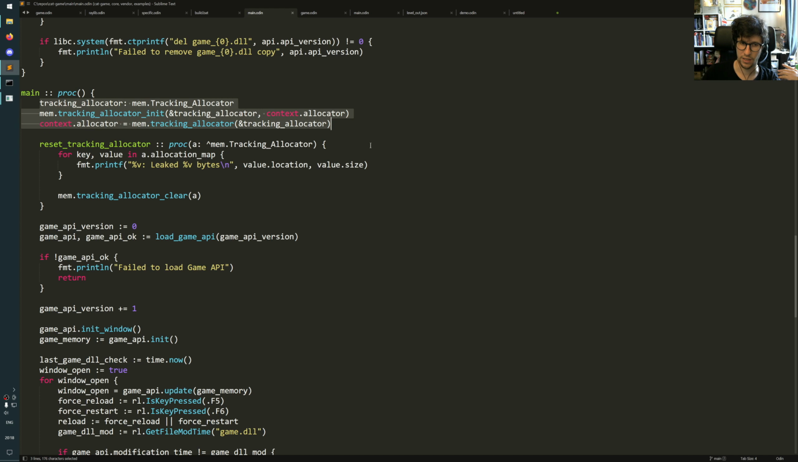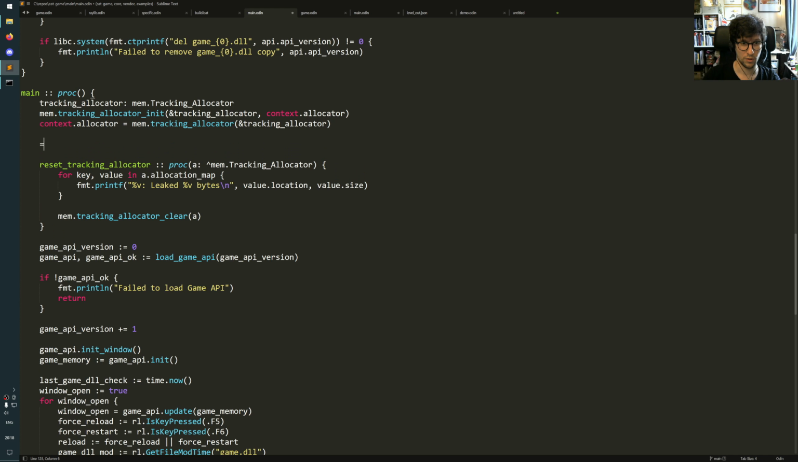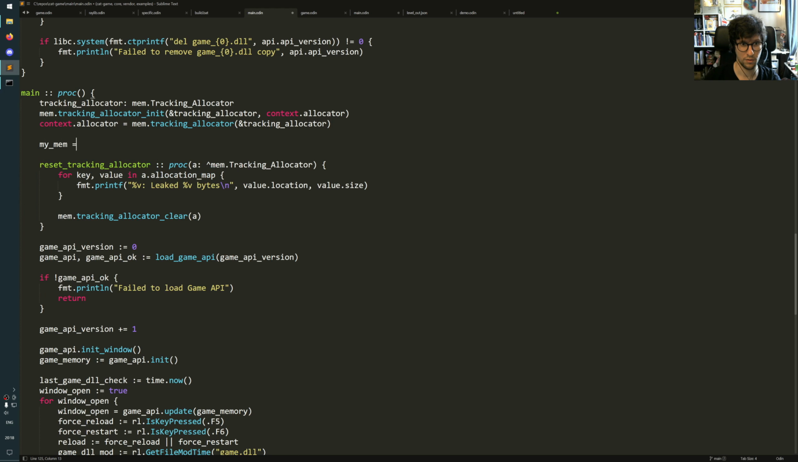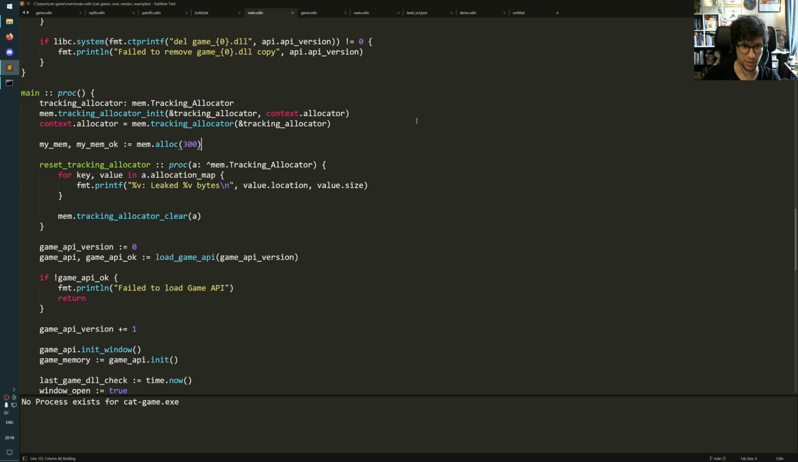I can show you this later. It's an allocator that checks for memory leaks. Odin has manual memory management. So I use this special allocator to track all the memory allocations, and then when I shut off the application, it shows me if I leaked any memory. Let's just show this quickly. I can turn off the game, and here I do mem.alloc. I allocate 300 bytes, and